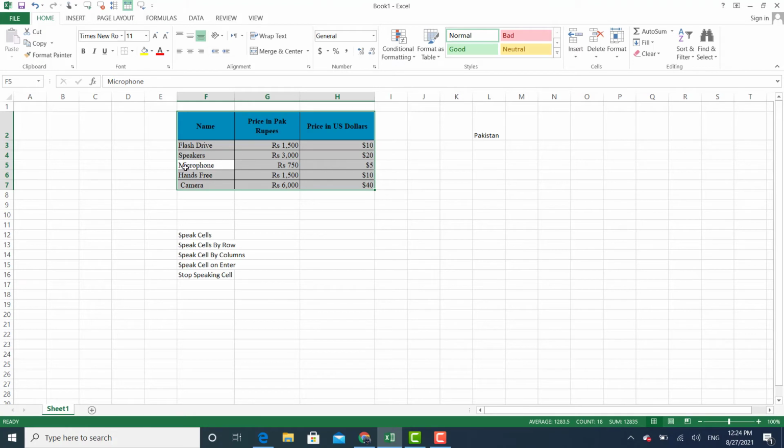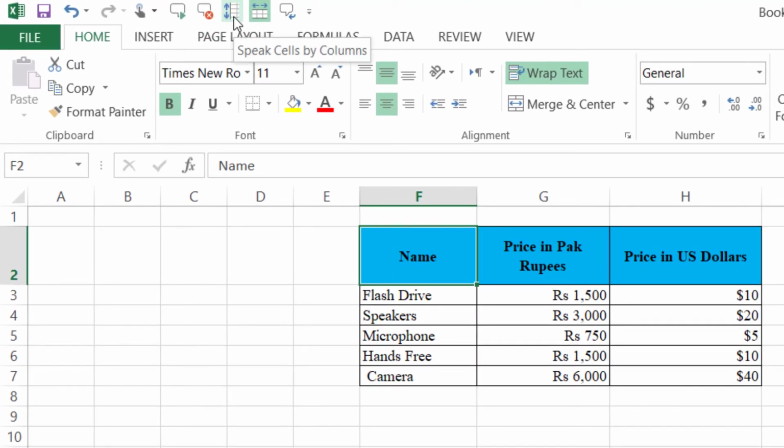Every cell's content is read by Microsoft Excel. Now I want to listen to the cells vertically. If I want to listen to Speak Cells vertically, then I should choose Speak Cells by Column. Yes, I have chosen Speak Cells by Column.